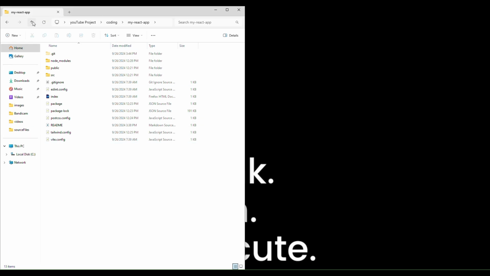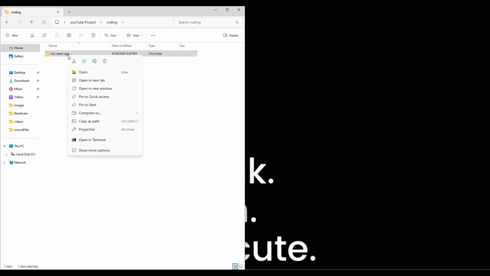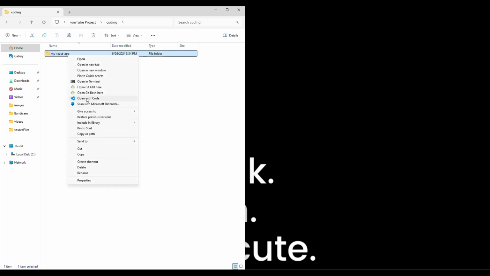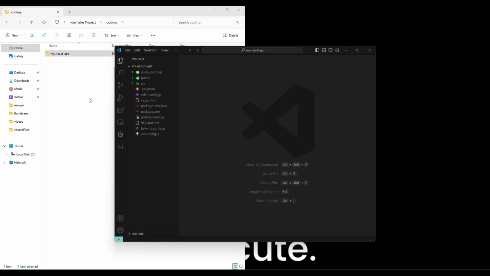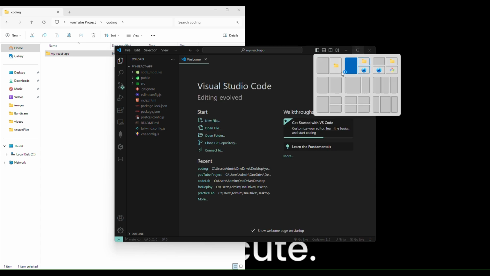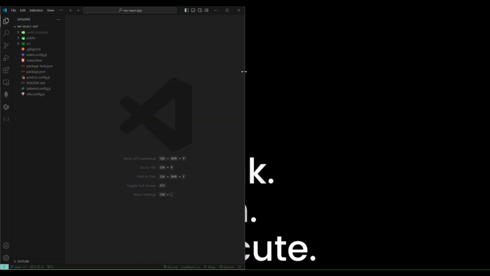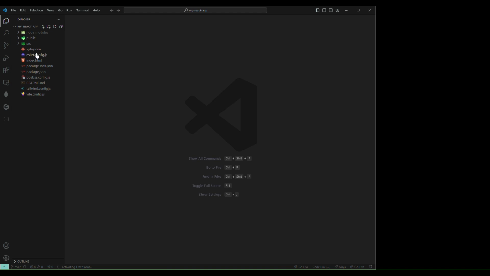For example, you open this one with Visual Studio Code. Then you can see, just go on here. For example, you have gone to one file.